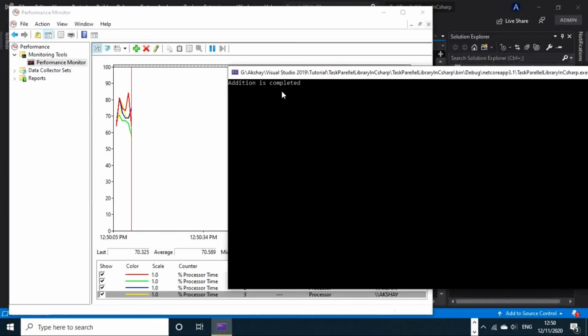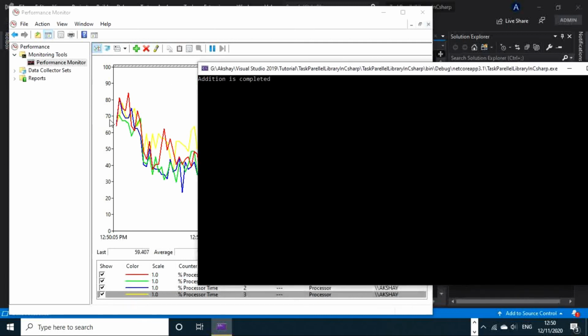Okay, so addition is completed, but you can see a bit more increase in the processor use, because when we used thread, all these processors were here, that is on this 60 or 50 maybe, but now by using this parallel, these processors are using their fullest capability. All these 4 processors are using. Okay, as you can see, if you notice, while we have used threads, all these processors were here, that is